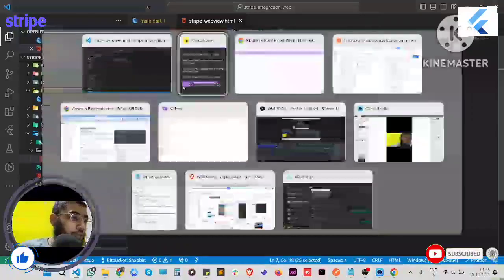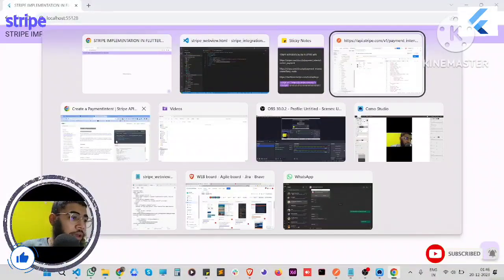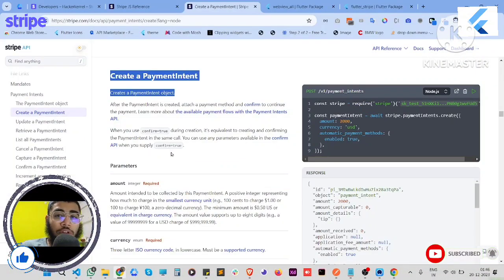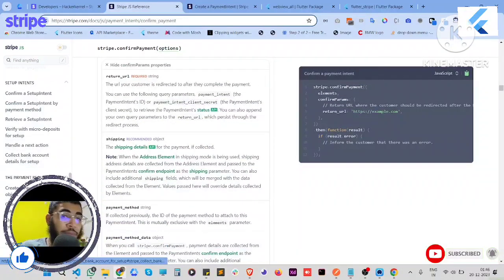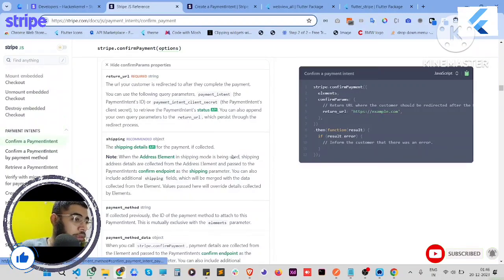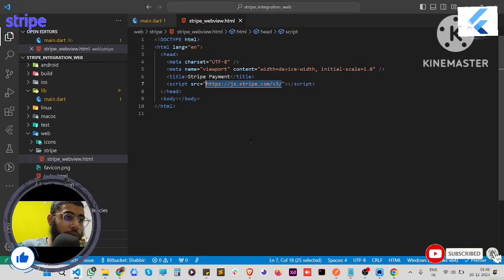Okay, so basically, if you have any confusion about what all the functions this CDN gave, what all the things we can do over here, the Stripe JS reference is for you. Just go and just mug it up. Okay, so after that